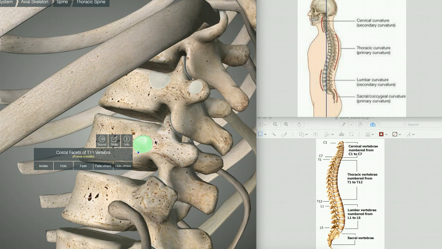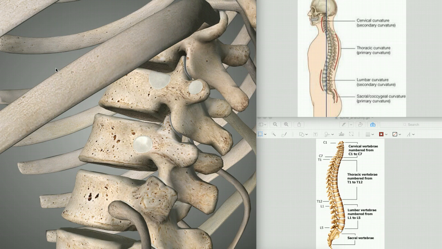You don't call it superior, nor do you call it inferior. You just have one on either side. So therefore, you just call it costal facet, but you have your superior articular facet as well as your inferior. So what that means is, now if I was to reverse,